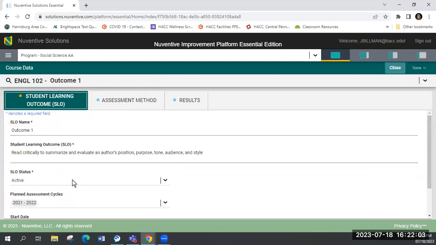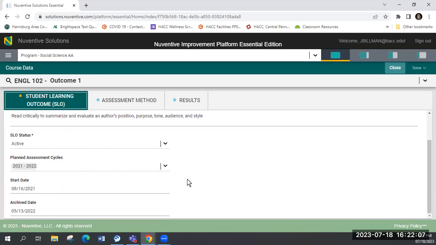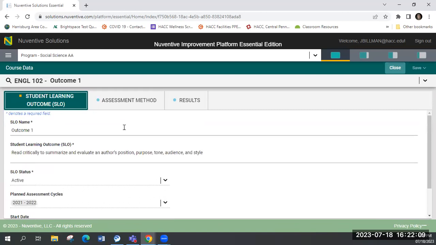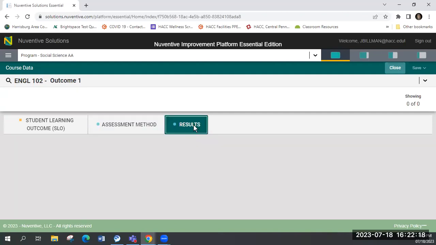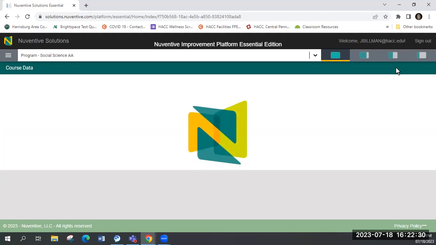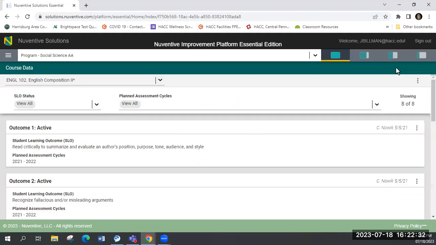And now we can see everything at that course data level. We can see the information about the student learning outcomes. If there were assessment methods entered, we'd be able to see those. And if there were results entered, we would be able to see those. So this is a great way for you to explore your students' total experience within your program, even with courses that you are not housing within your